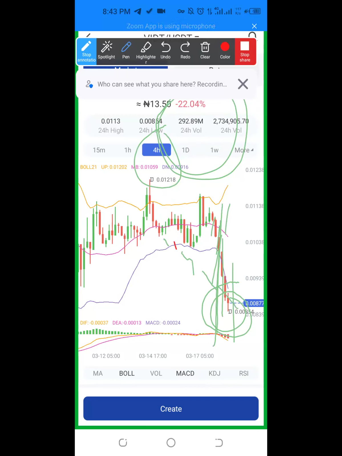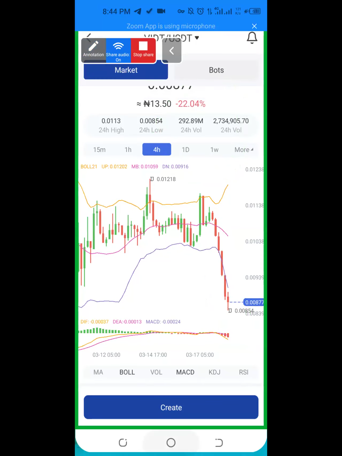Let's say the candles are like this, slanting down on the Bollinger Band, that kind of coin can jump more. But any kind of trade that you enter where the candles are vertically like this, jumping down, those coins can easily deliver. Maybe in 24 hours,